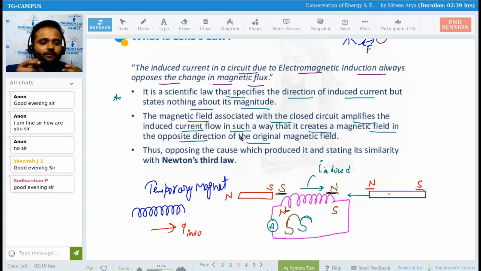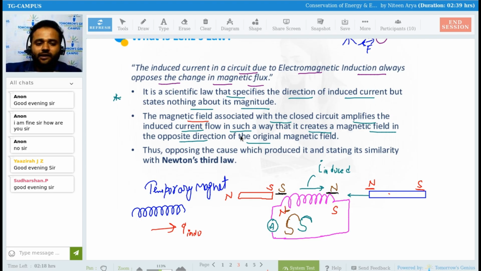See what happens, there is a coil. I apply a coil in this particular pen, and then I give this coil a current. So this coil becomes a magnet itself. We did this in the previous chapter, right, Yajira? Good. In the previous class, we learned that whenever a magnetic field is passing through a coil, or a coil is passing through a magnetic field, there is a production of current in the coil. Clear? So due to this induced current, this coil itself becomes a magnet, and this magnetic field is opposite to the original magnetic field.